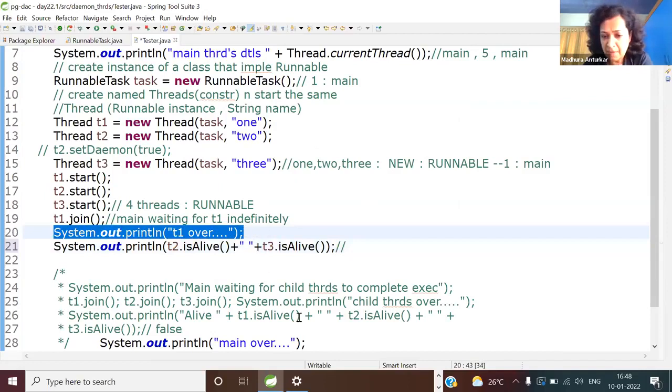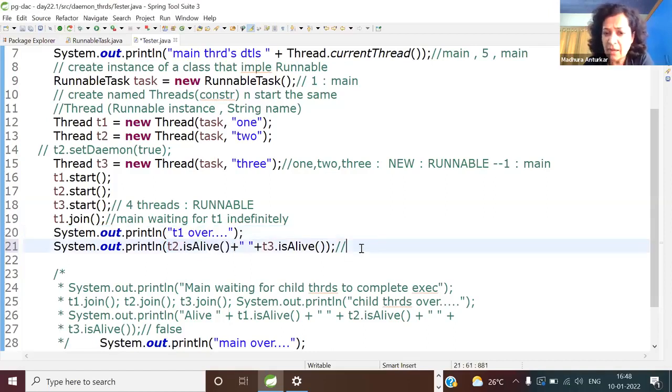You have to give me 2 answers: true, false, false, true, true, etc. Okay, so here 100% T2 will be alive, definitely. T3, there is a slight doubt because T1 and T3, all the threads are running parallelly.